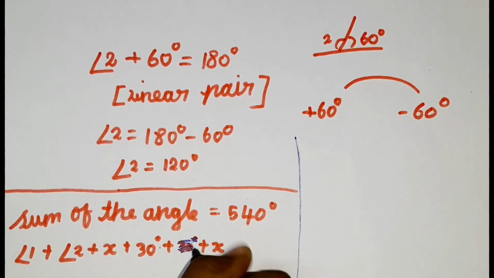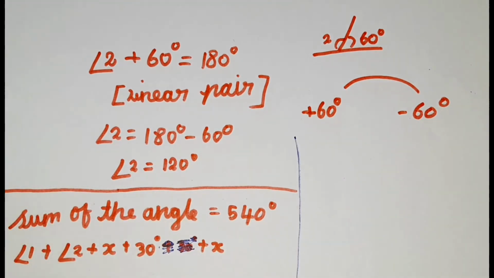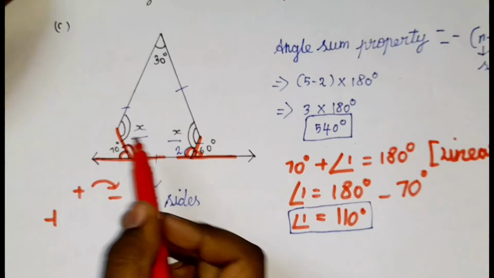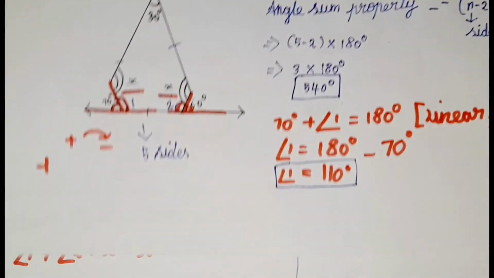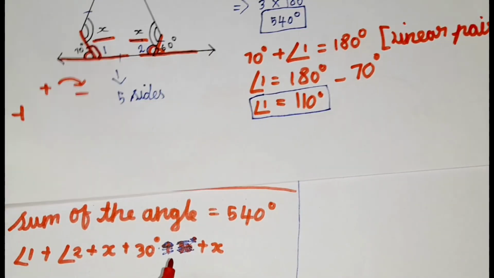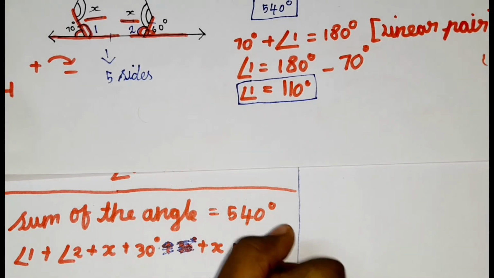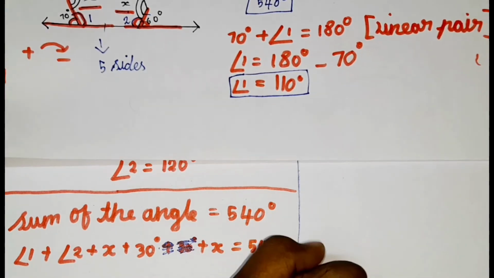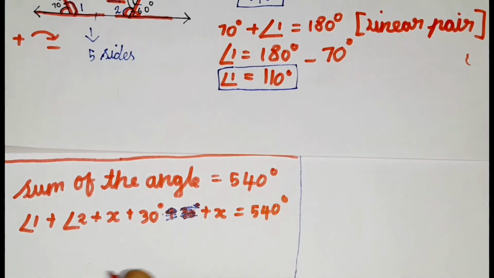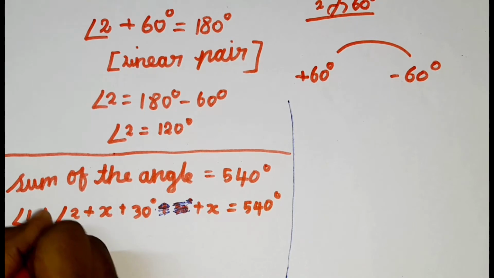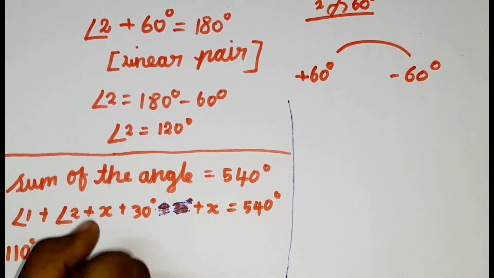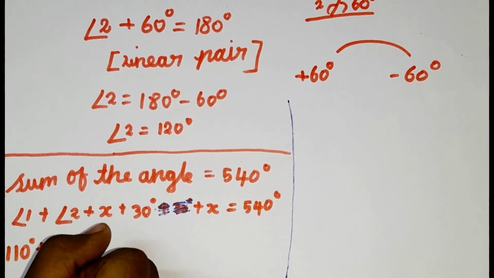So this 30 is not there. So you guys might wonder how I got 2x. So this is because in the question itself we have 2x. Am I right? Here and here. So I took that 2x here. Okay, don't get confused. So it is equal to 540 degree. Now angle 1 is equal to dash. So angle 1 is 110 degree. So 110 degree plus 120